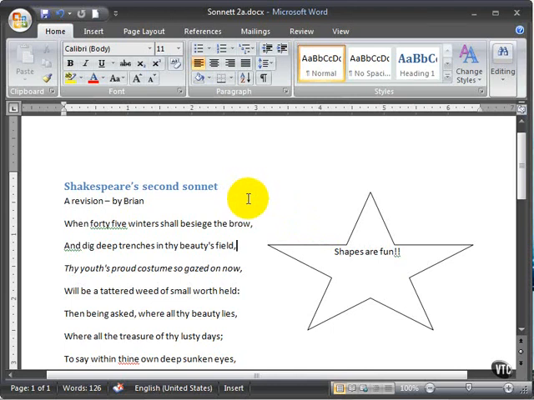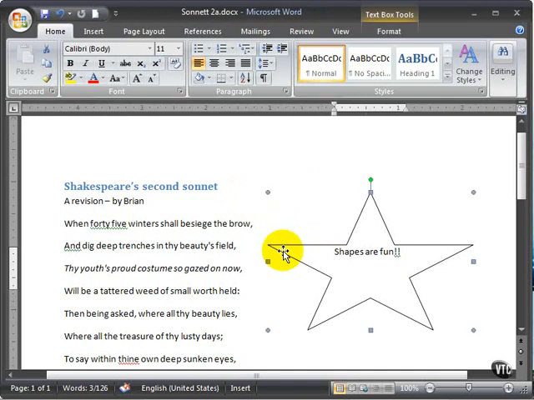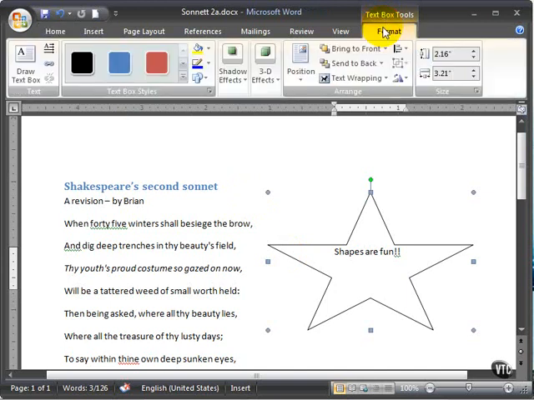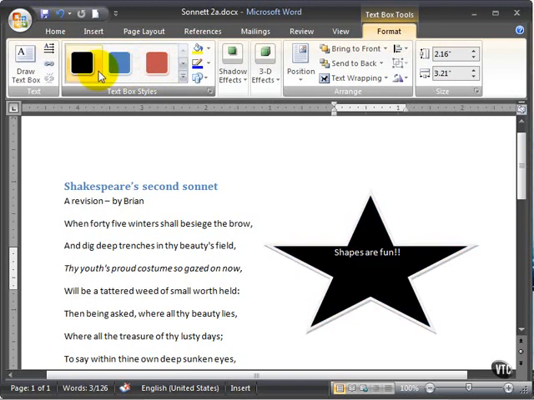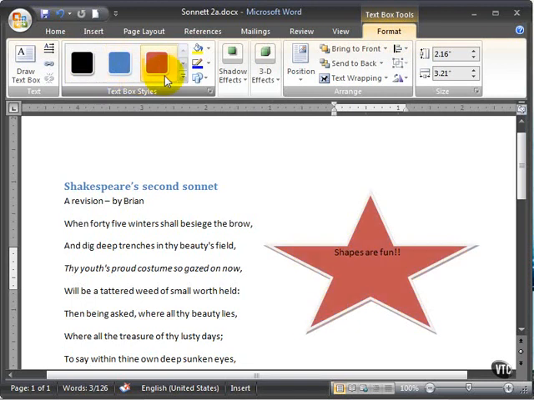detail here. Once again, if I just click somewhere on the shape, the text box tool should load up in your ribbon, and under the text box tool there is a formatting tab, and the format tab shows you all the things you can do with this particular shape. So one of the things you can do is, just like style galleries for text, there are style galleries for shapes and text boxes, and so you can change your text box styles this way to apply lots of different effects: a drop shadow, a 3D effect, a color fill, changing the font color sometimes, and then